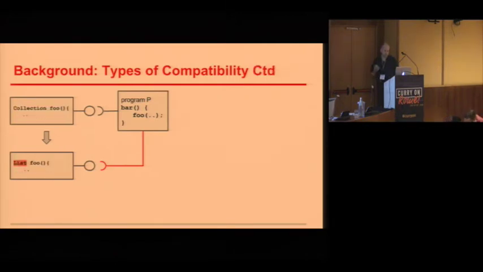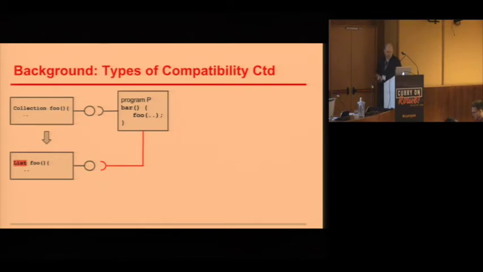Typically those things are pretty consistent. However, there are cases when they are not, and that example shows such a case. Now we have a call site for a method called foo, and in the target library we wish to use, we change the return type by replacing collection with list. A list is a subtype of collection, so if you ask a programmer what he thinks about this, he will say, well, there's no problem there. We specialize the return type, so we keep all the promises. We strengthen the postconditions, and that's compatible.